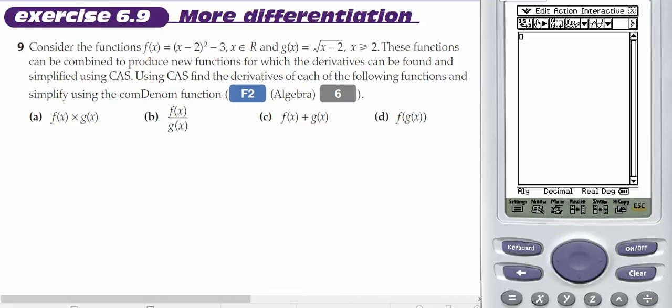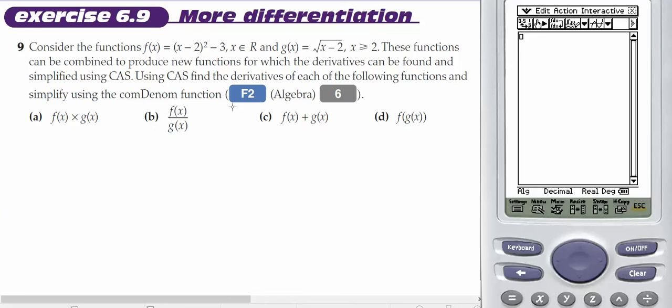This is for Year 11 Methods. It comes out of Chapter 6, 6.9, question number 9. Consider this parabola and this square root. These functions can be combined to produce new functions for which the derivatives can be found using a calculator. Use the CAS. Well, we're going to use derivative, and then we're going to use simplify or combine, or